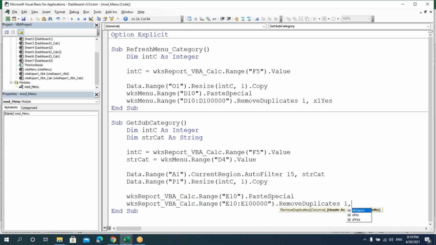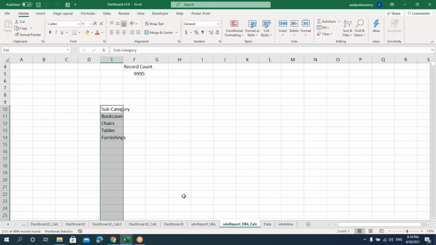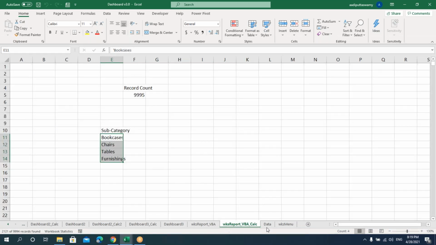We'll say number of columns 1, and say it has got headers. Now let's run this. So you can see that I'm getting only those subcategories for the category what we have selected.